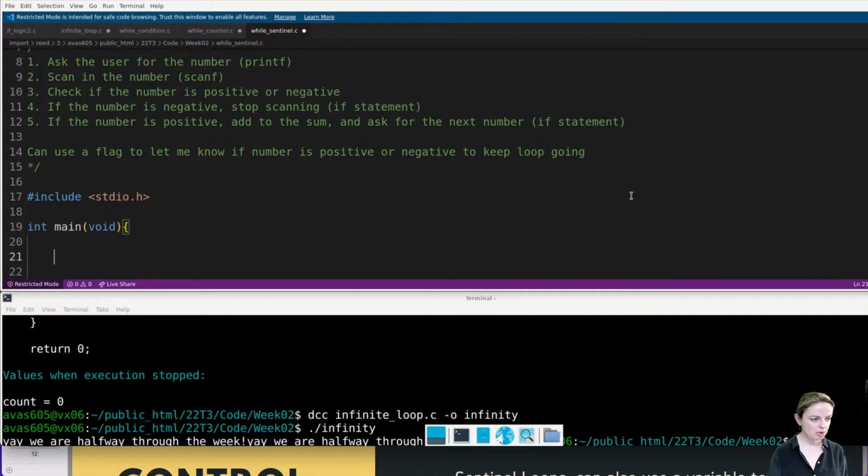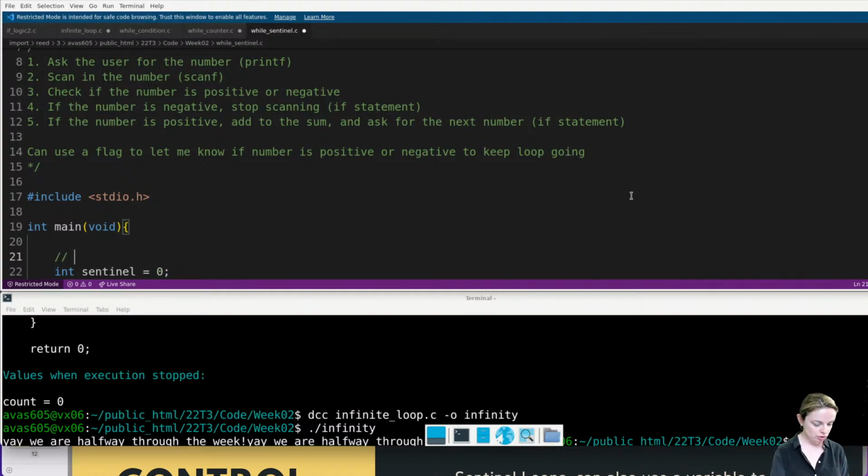Okay, so I'm going to call it a Sentinel just so that the variable name aligns to what it's doing. And I'm going to set it to 0, okay? It doesn't matter if you set it to 0 or 1, as long as the other state is the opposite of that, if that makes sense.